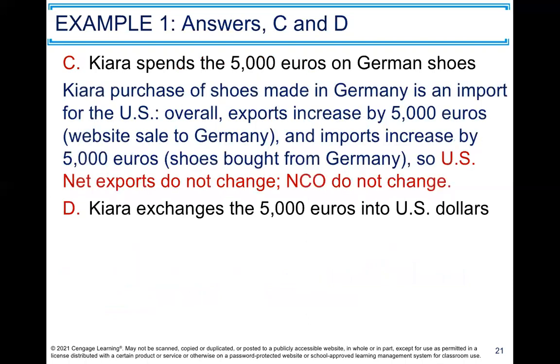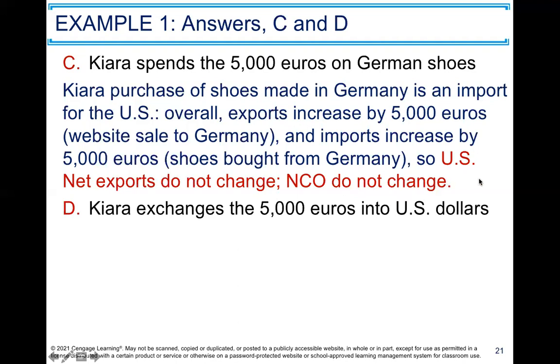But what if we spend those euros on German shoes? Now, notice German shoes isn't quite an asset. It's more like a consumption. It's kind of like when Gabrielle bought the website from Chiara, as she was hoping to consume that website, or buy it as an export, as a trade element. Well, this now becomes a trade element too. This says that we took those 5,000 euros, but then we sent them back to Germany and we got some good in return. And you see here the answer at the end says that net exports do not change